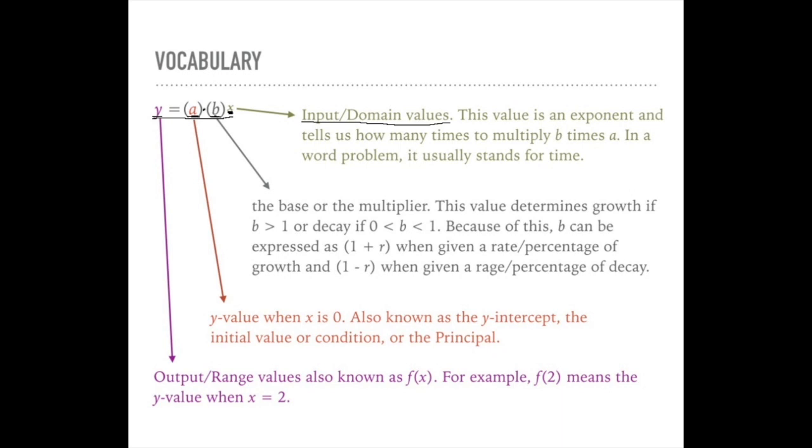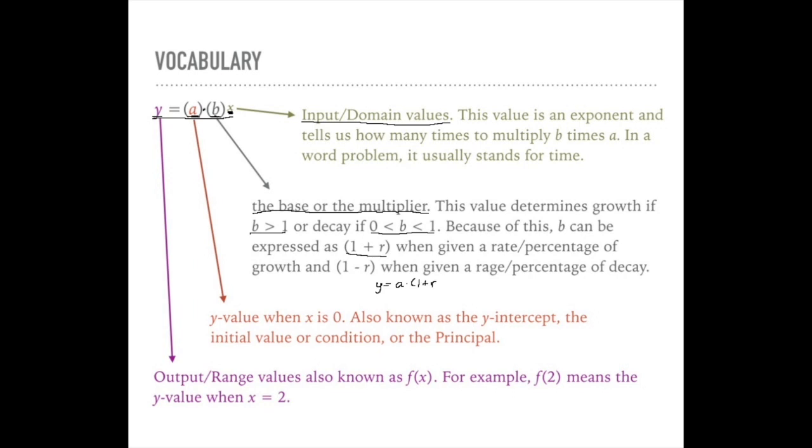The b is known as the base or the multiplier. We're also going to call it the multiplier since we are multiplying by b. Notice that b can be expressed as a number greater than 1 when we are dealing with growth, or a number between 0 and 1 when we're dealing with decay. Because of that, we can also give you what we call the rate of growth or the rate of decay. So every single time you are given a question that has a percentage or a rate, you can change your b value to 1 plus r when it's growth,